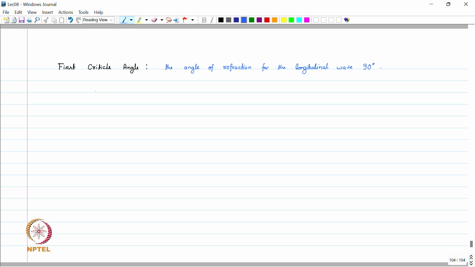And all of the energy from the refracted longitudinal wave is now converted to surface